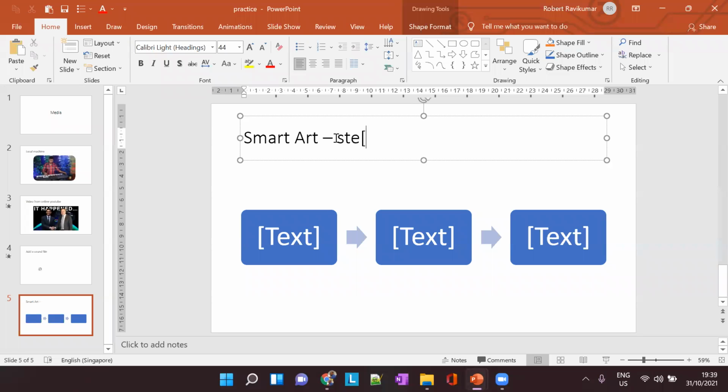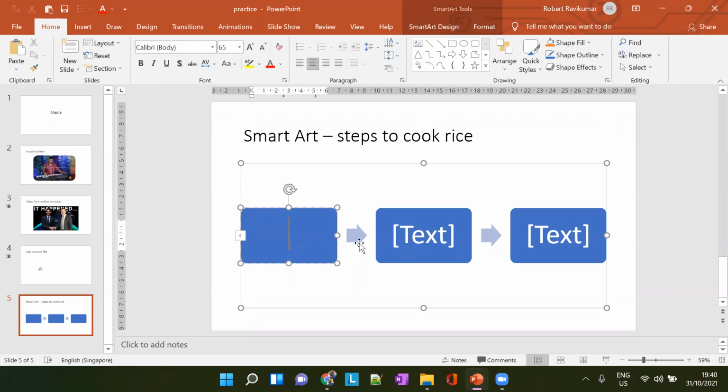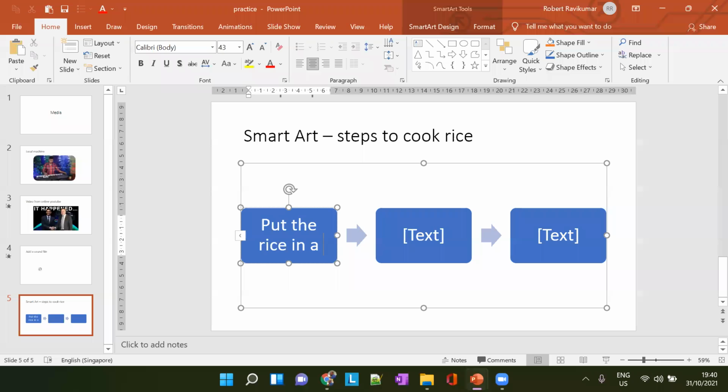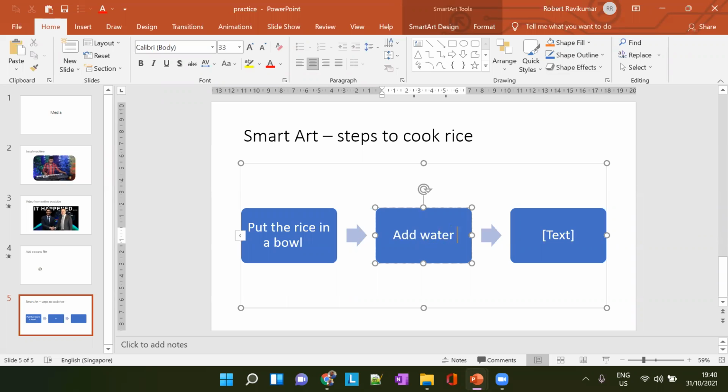Let's say steps to cook rice. So what are the steps to cook rice? I'll say first, put the rice in a bowl. Then add water to clean the rice from dust. Then the next step is